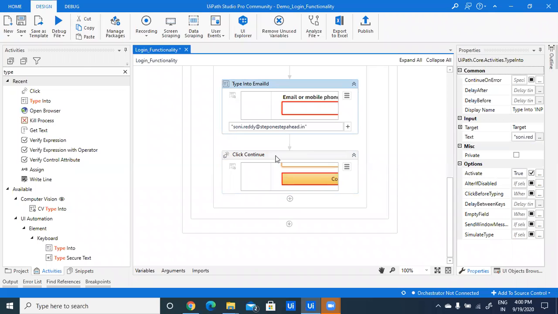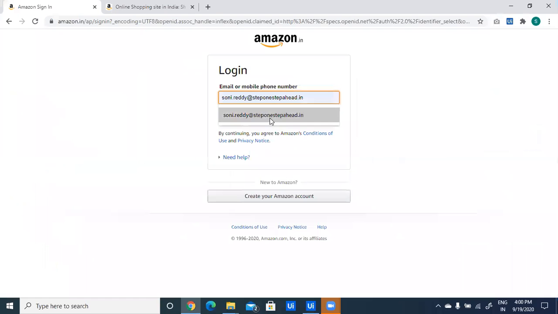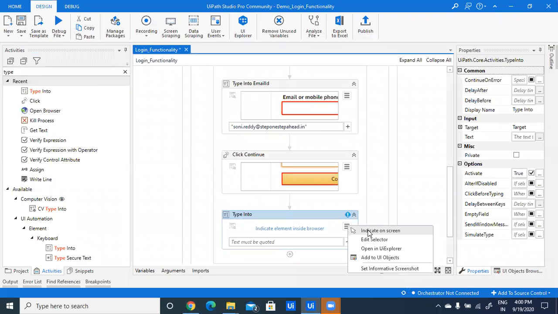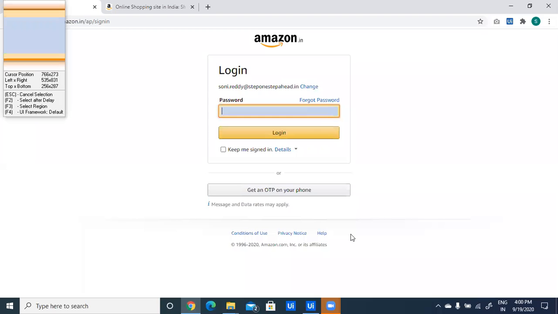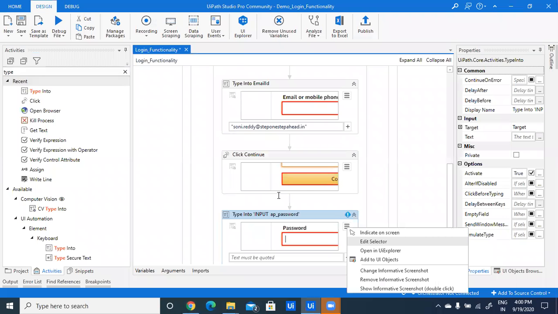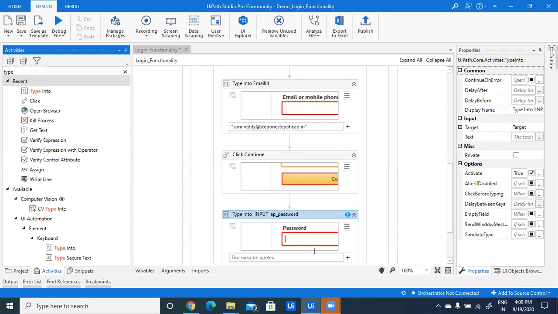So after clicking on continue button, we need to indicate our password field. So indicate this password field, drag and drop type into activity, click on indicate on screen, indicate this element, check our selector is working or not. It is validating, provide password in double quotes,